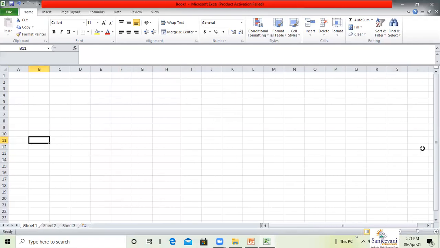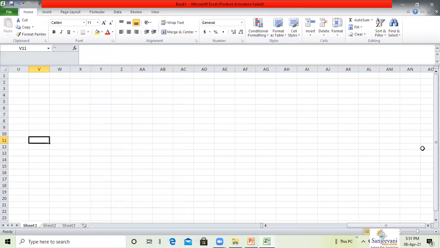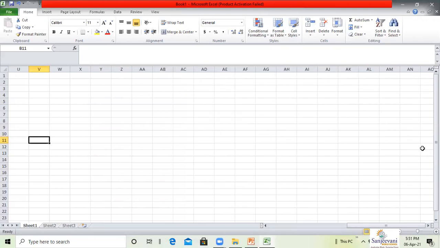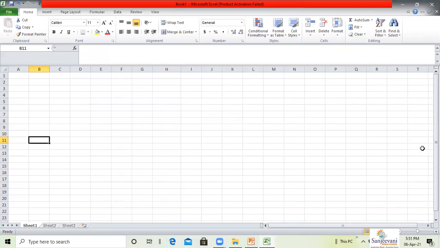Can you see? I'm navigating. My sheet is moving left and right. You will find these combinations on page number 91 of your computer course book.